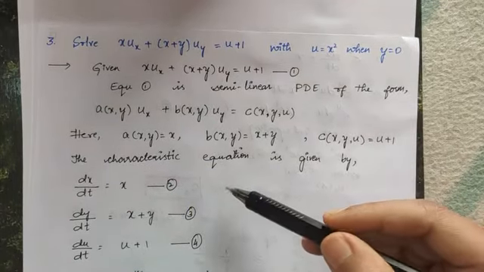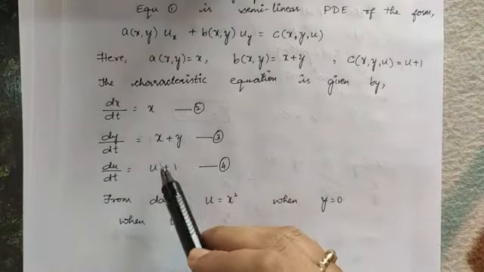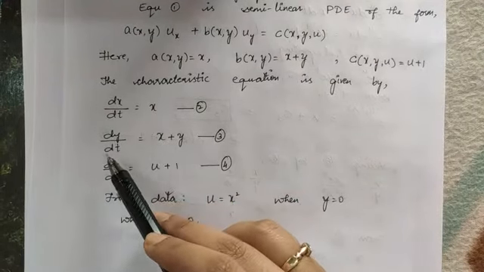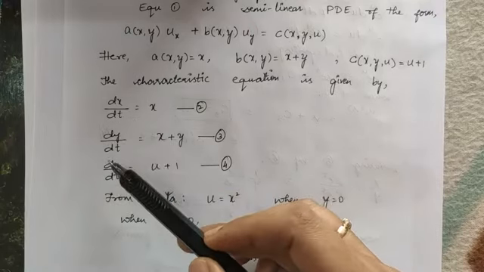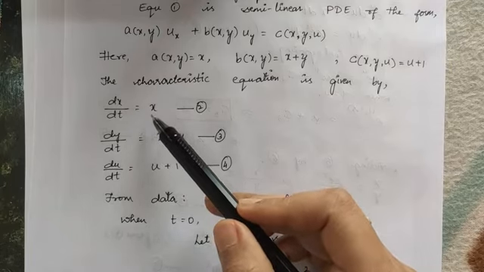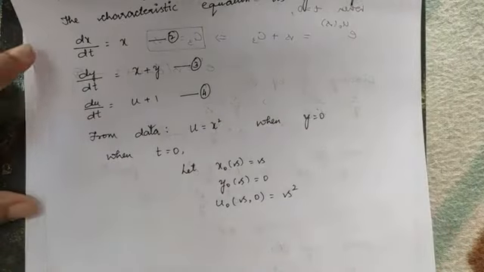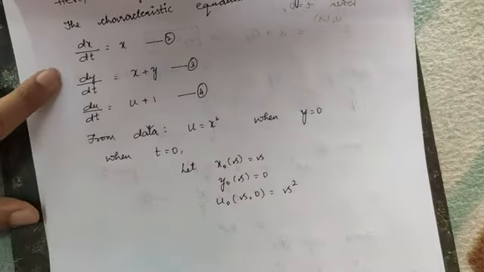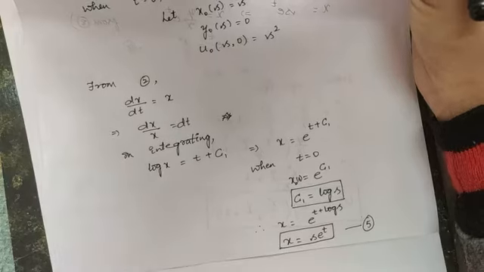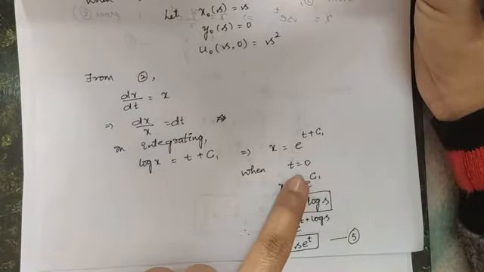Then I have taken your characteristic equation. Okay, so here in equation 3 you can observe you have to substitute the value of x in order to find the value of y. This is what we call a coupled equation. So your y is depending on your equation number 2, right? So now first what I will do, I will consider your equation number 2. From equation number 2, let's find out the value of x. Using the variable separable method, you will get the value of x when t is equal to 0.